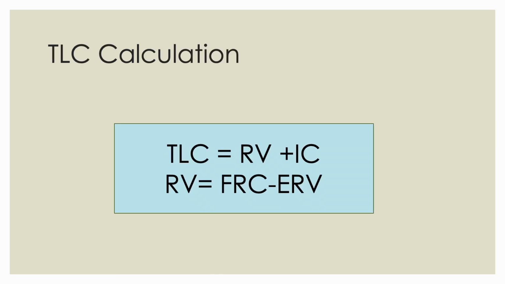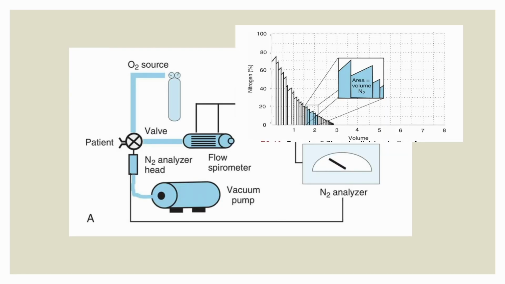And once we know the volume of V1, which is our functional residual capacity, we can calculate the residual volume by subtracting the expiratory reserve volume, which, again like helium dilution, we can get after ending our maneuver with this SVC maneuver. And if you need to estimate the total lung capacity, all it takes is to put in this residual volume along with the inspiratory capacity that you can get with spirometry and get a total lung capacity. So this is how we do it.